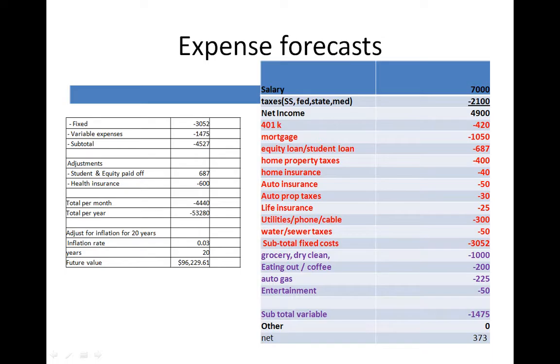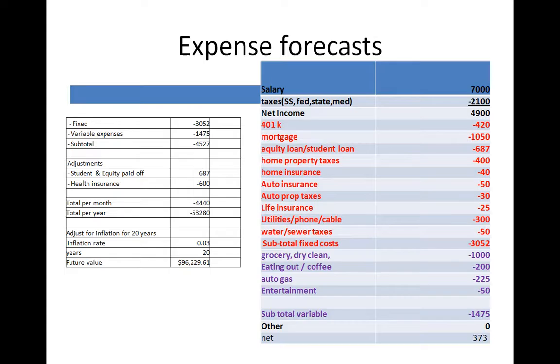Similarly, here is another example where what if we take Judy and say, okay, what if we want to try to figure out how much money she will need to live off in the future? Okay. So right now she spends about $3,052, which is in the red over here, and a lot of her fixed cost. And another $1,475, her variable cost that would include grocery, dry cleaning, eating out, gas, so on. So if I take it on the left side, her fixed cost is $3,052 and her other expenses is $1,475. So right now she needs about